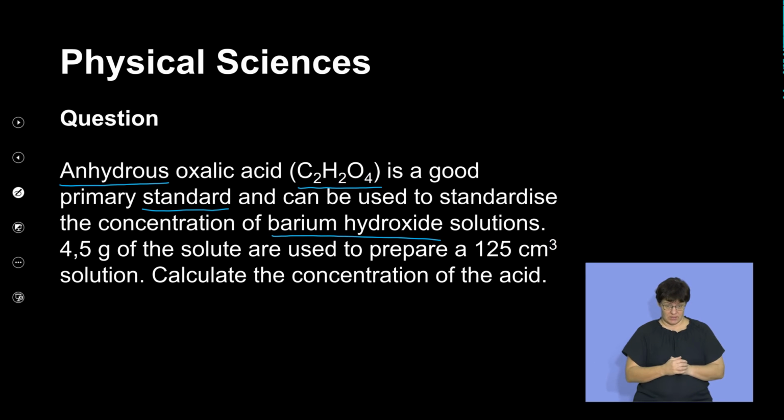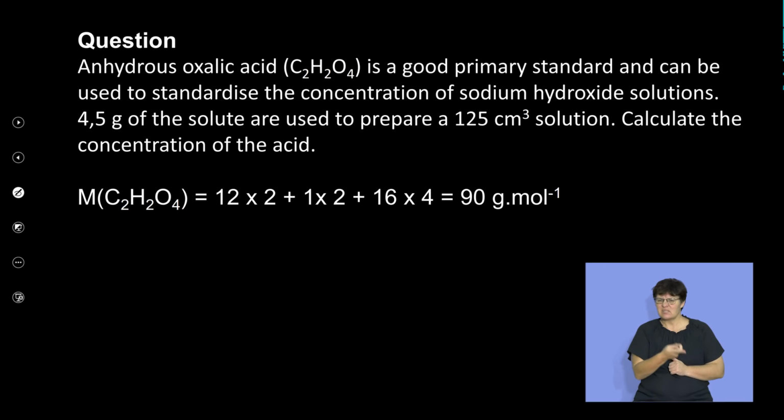So the question says, calculate the concentration of the acid. Now, which acid are we talking about here? We're talking about oxalic acid. Remember, if we are to determine the concentration, we know that concentration of a substance is equal to number of moles over volume. But we first have to determine the moles, and we know that the moles of a substance is equal to mass over molar mass. So as a result, we can safely say concentration is equal to, this is from the data sheet, mass over molar mass